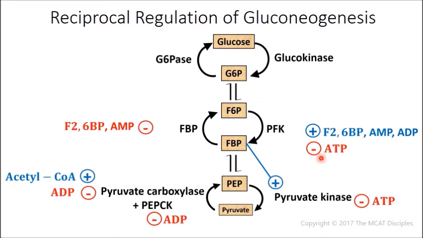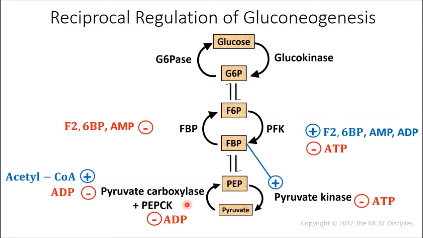Whereas if you had high levels of ATP, of course it's going to inhibit. If you want to talk about pyruvate kinase, ATP will inhibit, and fructose bisphosphate will activate via a mass action effect. Why don't we talk about the gluconeogenic hormones now? Fructose bisphosphatase will be inhibited by fructose 2,6-bisphosphate and AMP. Again, that makes sense. And pyruvate carboxylase will be activated by acetyl-CoA and inactivated by ADP, and PEPCK will be